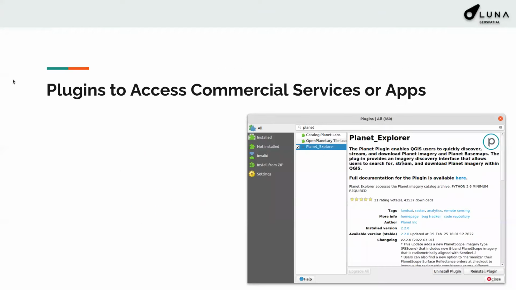Next up. Okay, this is a big one, and I kind of wanted to show this. This isn't me promoting Planet's products or services, but it's a really good example again of a massive company that sits on a whole bunch of data and wants to make it available. They obviously want to make it available for a price, but they've created this app, and you sort of have to say to yourself, when people come up to you and say, who uses QGIS? Well, obviously a lot of people, or else somebody like Planet wouldn't be designing a plugin for it to gain access to their billions of dollars worth of